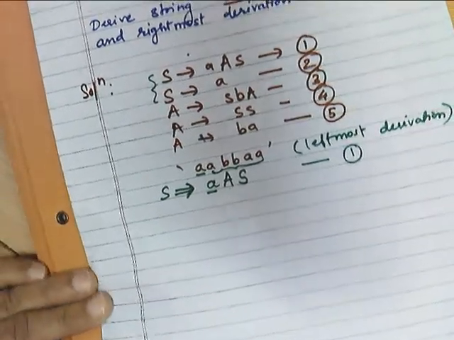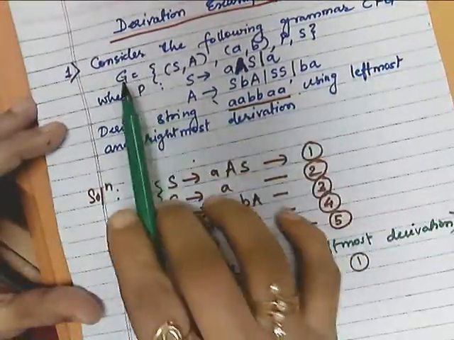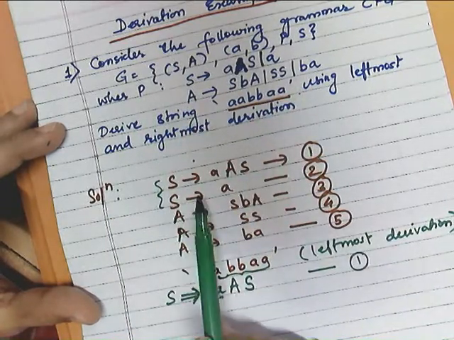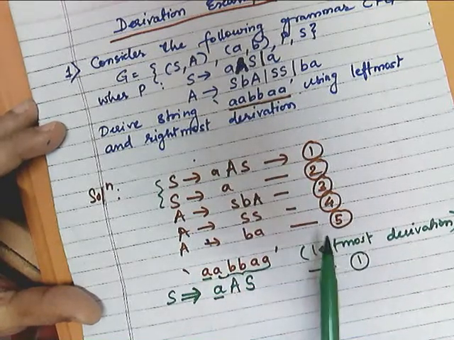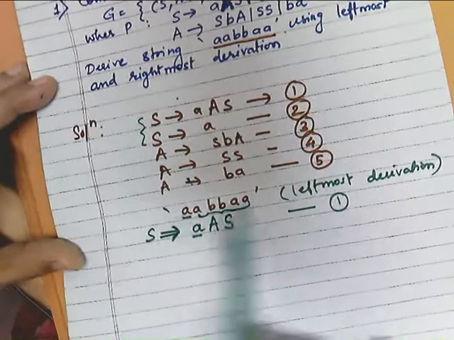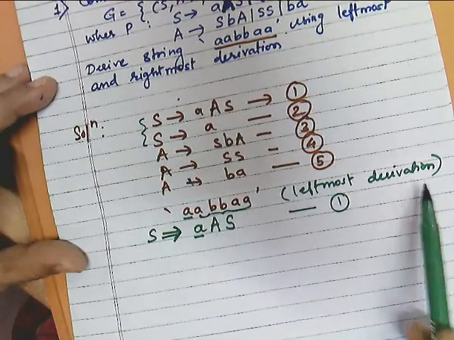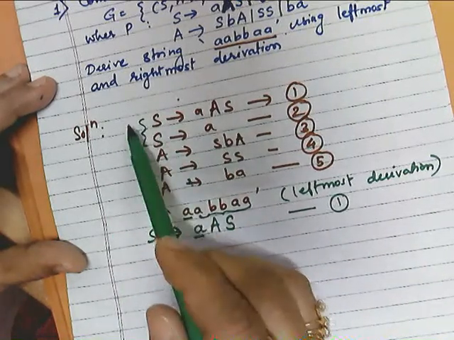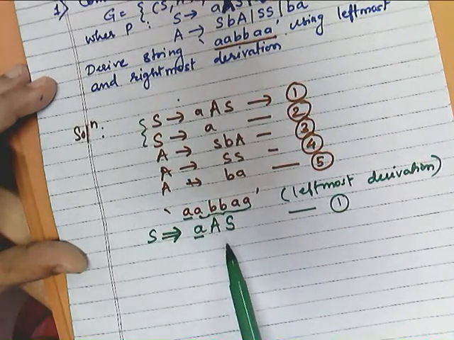So now, as we have just discussed, we want to solve a problem which will derive a particular string. This is our grammar. These are the set of rules. And now what we have done, we have separated out and numbered all the rules in a given grammar, and now we are interested in deriving this particular string using the leftmost derivation. Now for leftmost derivation we need to start with the start symbol. So out of this we are selecting first rule, and we have written down this production.